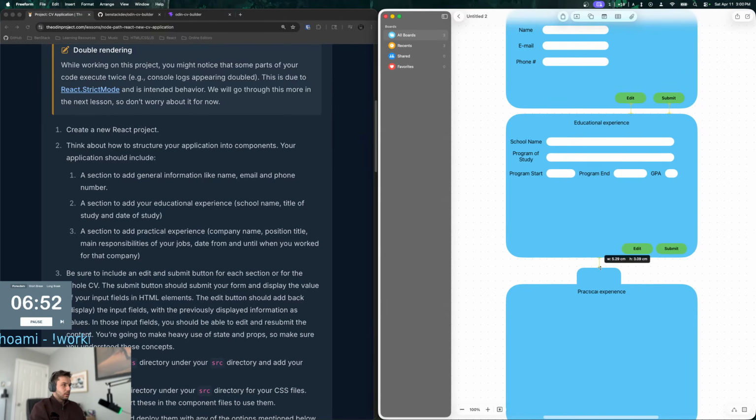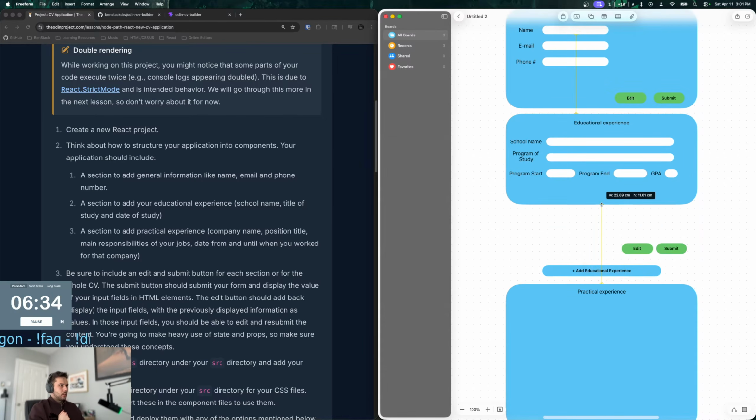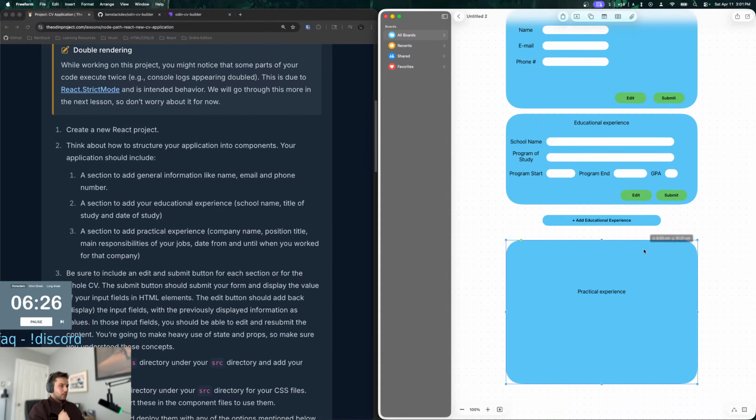I'm going to make this a little wider. So like a button or something where you can add another one, right? Maybe this doesn't need to be as large, you can shrink it a little bit.